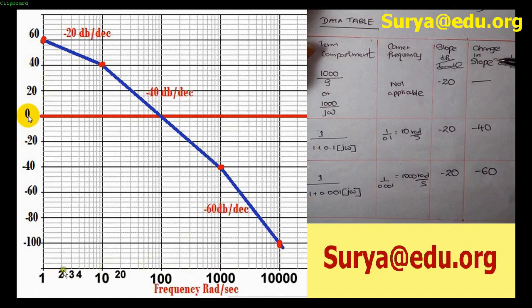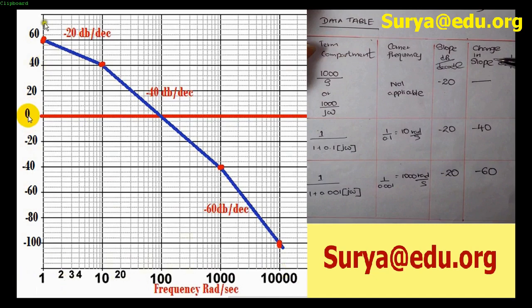Depending upon these ranges, if you consider the first range here, you can very clearly see it is divided up to a range of 10, where the first line is 1, the second line is 2, and the third line is 3, 4, 5, 6, 7, 8, 9, 10. Then after that it continues from 10, 20, 30, 40 up to 100. Then it continues from 100, 200, 300, and so on, up to 1000, 2000, 3000, 4000, 5000 up to 10,000. So that's all about the x-axis, which is the frequency axis.